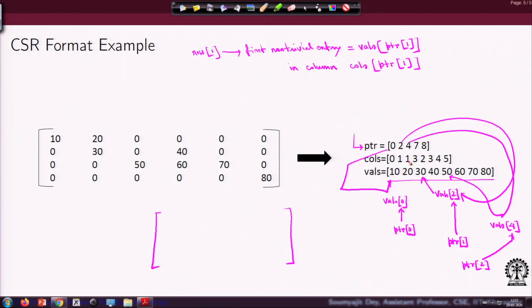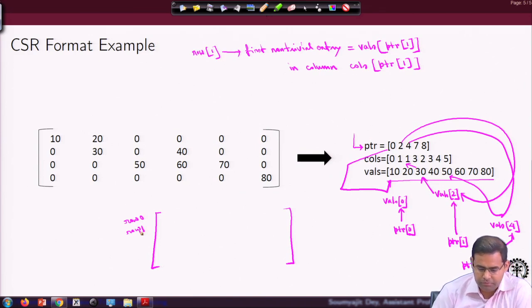So, it is here, and the column is 30. I hope that is clear. So, just remember this: PTR's position 1 gives me some information about some element in row 1. So, row 0, row 1, fine.